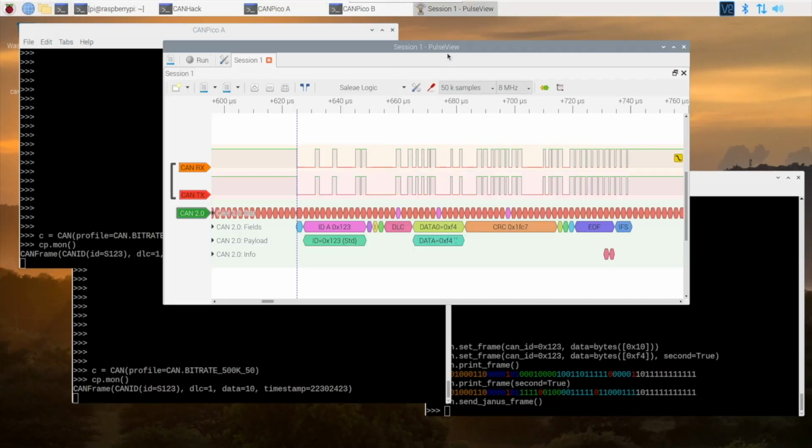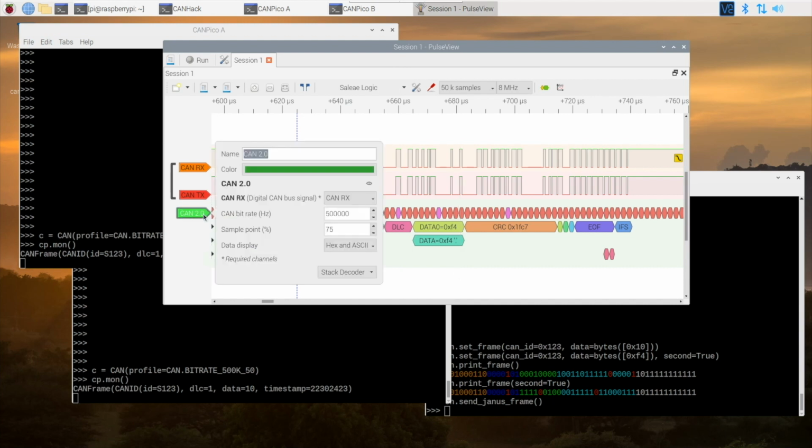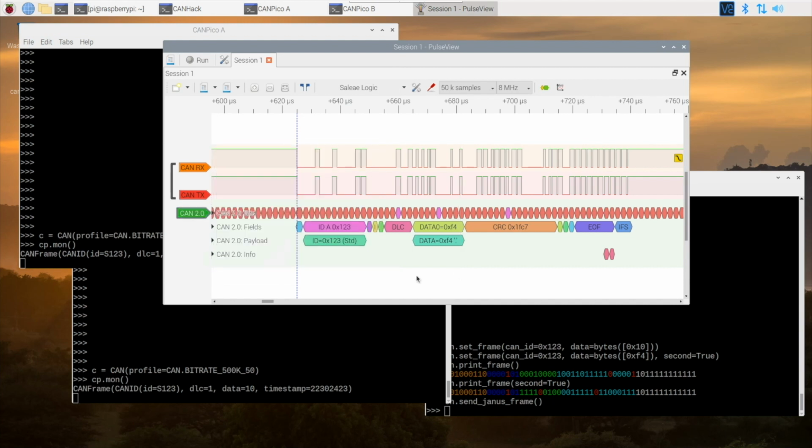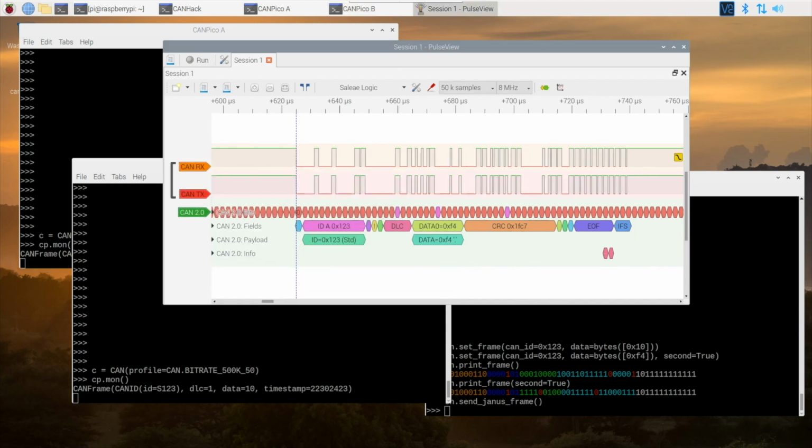So one frame was sent, and here it's marked as received OK. And the logic analyzer here sees, the decoder sees F4 as the payload, which is this 75%, which is what we set the sample point to. But the other device, because it's got a different sample point, sees a different payload.